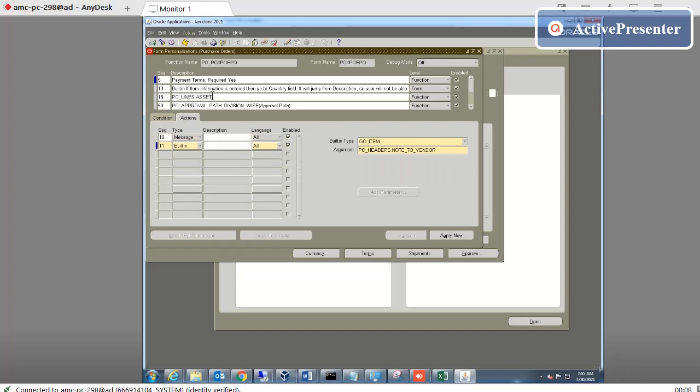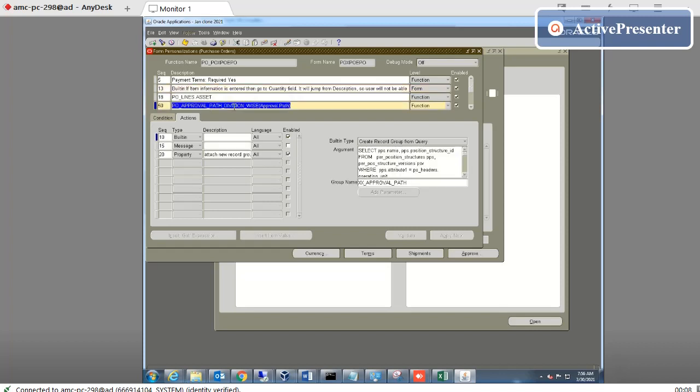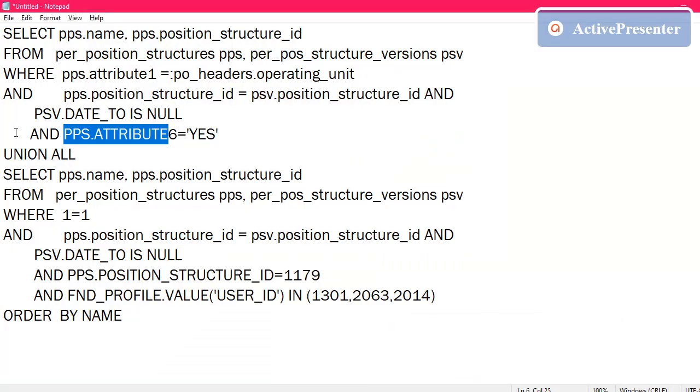Okay, this is the second. If we go ahead to this one, what we do is we have changed the list of values according to our business process and added these two conditions here.